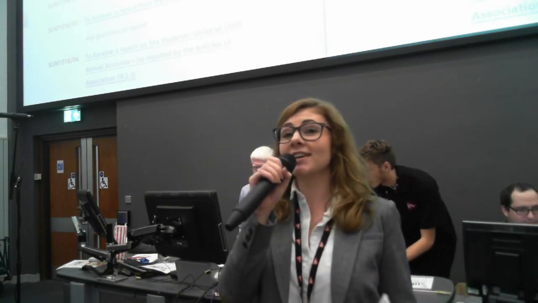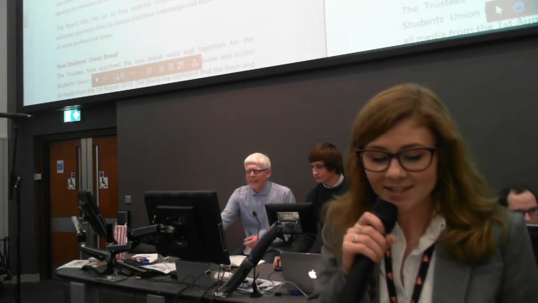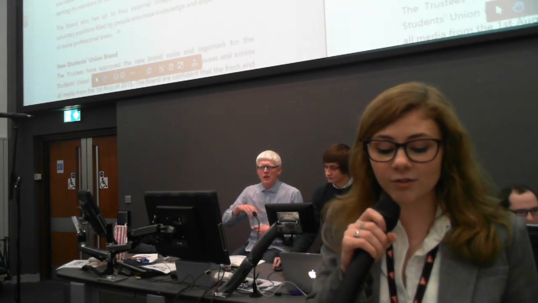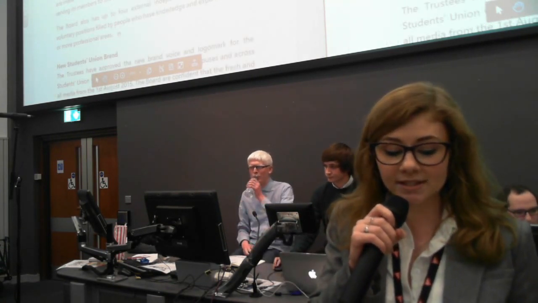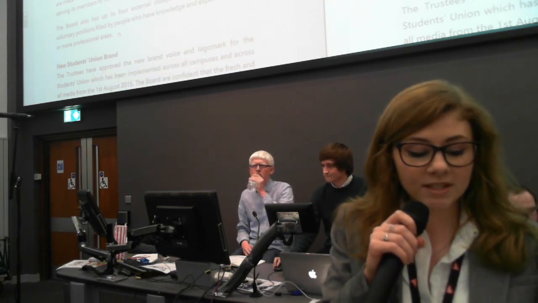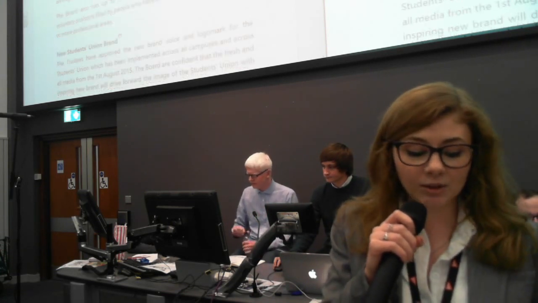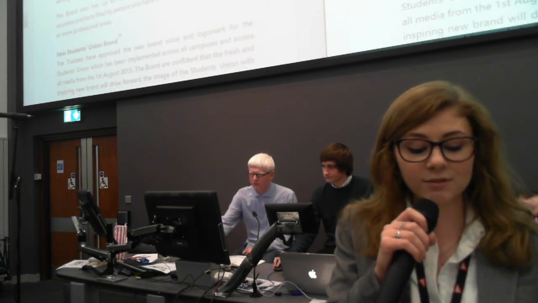So my name's Lauren and I am Vice President of Education, and I'm here to give you the report from the Board of Trustees. So I thought we'd go over a bit about what the Board of Trustees is. There is the report up on here as well if you want to read that. The Board of Trustees contains 5 elected officer trustees and 2 student trustees, which is currently vacant at the moment, whose role is to ensure that all decisions are made with the best interests of students at heart and that the SU at UWE is serving its members to the best of its ability.